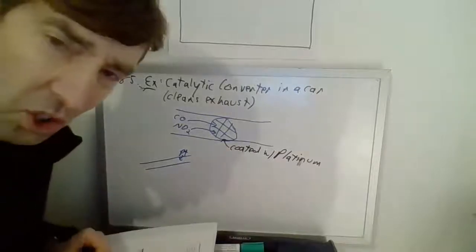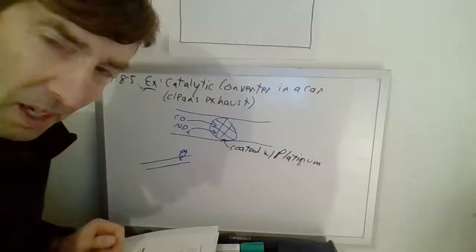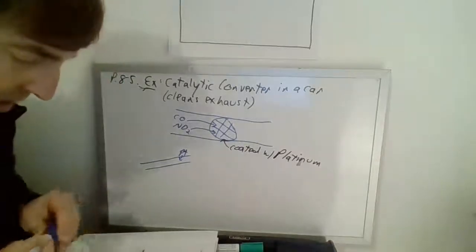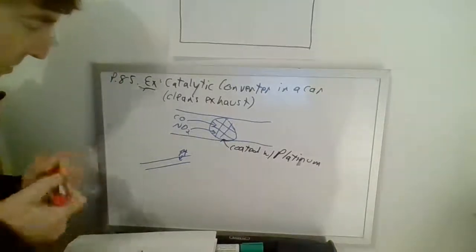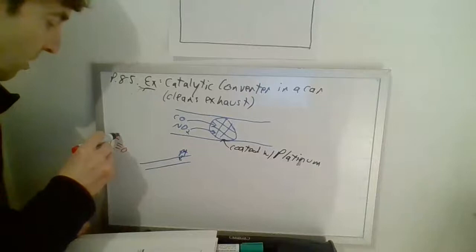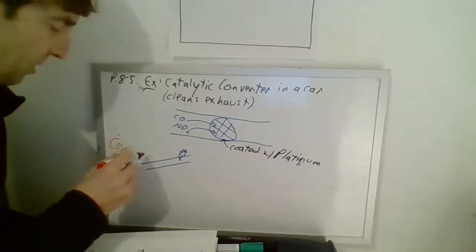Okay, by the way, it's just coated with platinum. It's not pure platinum, but it's the most expensive part on the car because of that platinum coating. So in comes the CO. And the CO has a triple bond. Did you know that? So it's got a little plus, a little minus here. And the thing lands